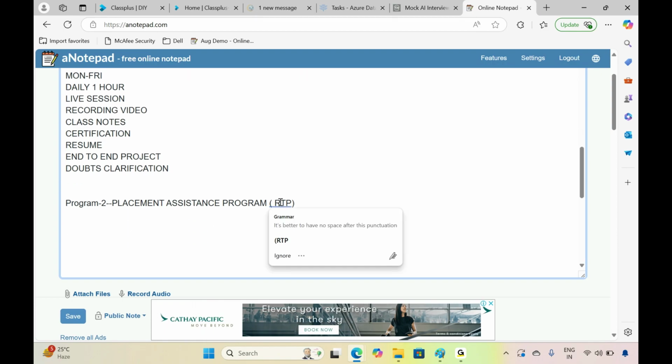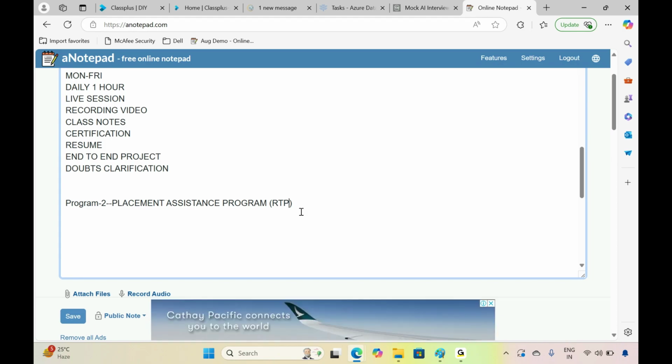We want to make every student realistic, like when you are joining a company, how you will feel in the Azure Data Engineer role and how work can be distributed to you. It's a kind of agile methodology.